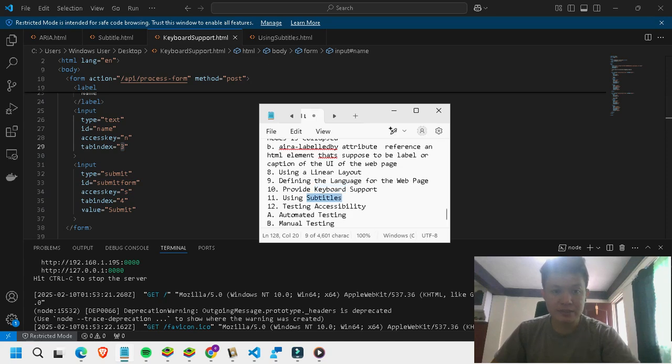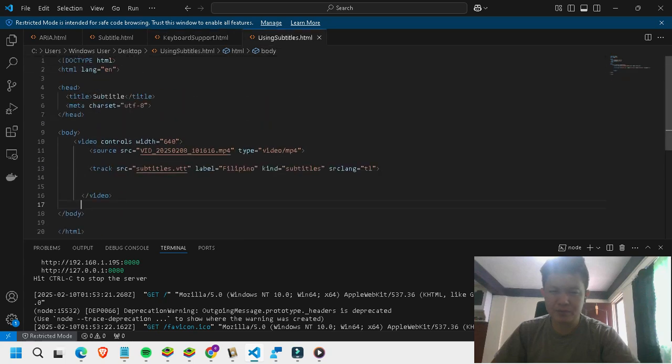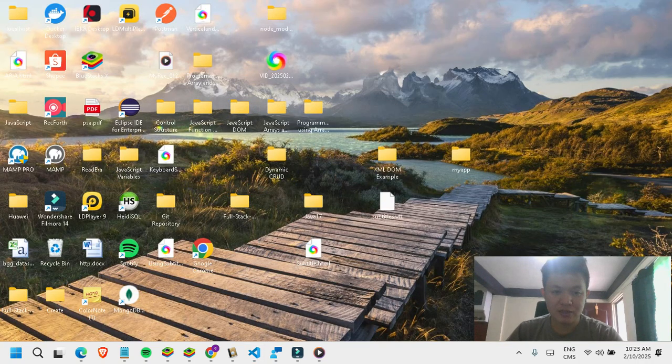Using subtitles. This is one of the most complicated parts because for using subtitles, in order to see that in your browser working, you need to create a VTT file like this.